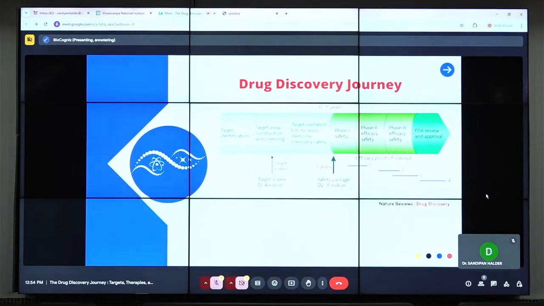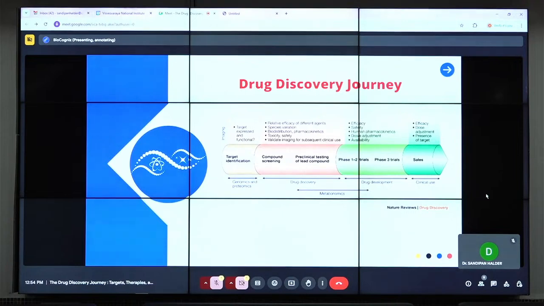This is the drug discovery pipeline which we also saw yesterday. If you look deeper into the drug discovery journey, the main key steps involved are identifying the target, then identifying the compound, and then testing of the compound. This is how you can very broadly classify the drug discovery pipeline. The main important thing is identifying the target. The target here, I mean, is usually